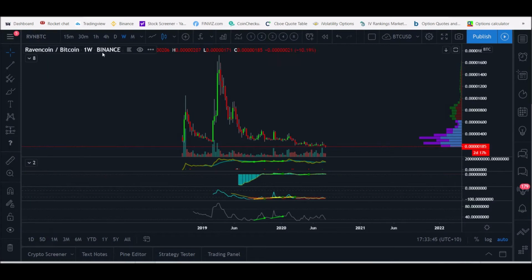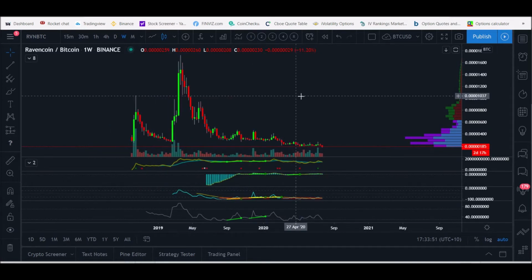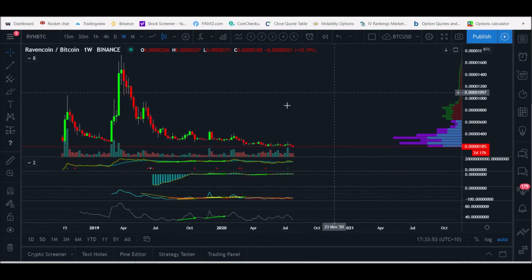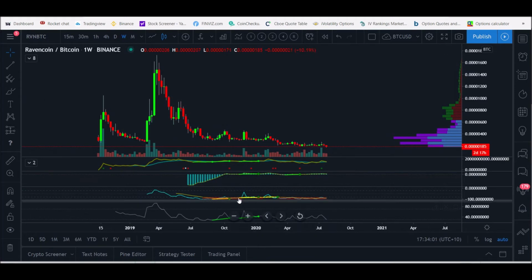So moving on, I know this is going to take a while, guys, but hopefully it'll be worth it for you guys. Looking at RVN versus BTC on the weekly chart, so we are very much zoomed out. Thinking of putting that on silent, but yeah, you can see that in the Williams percentage we are heavily oversold